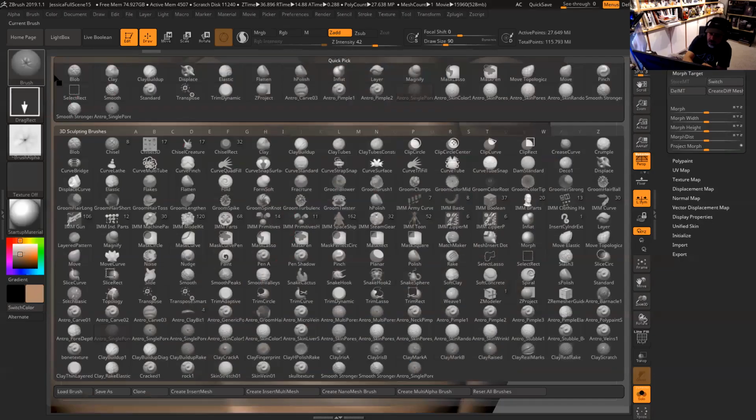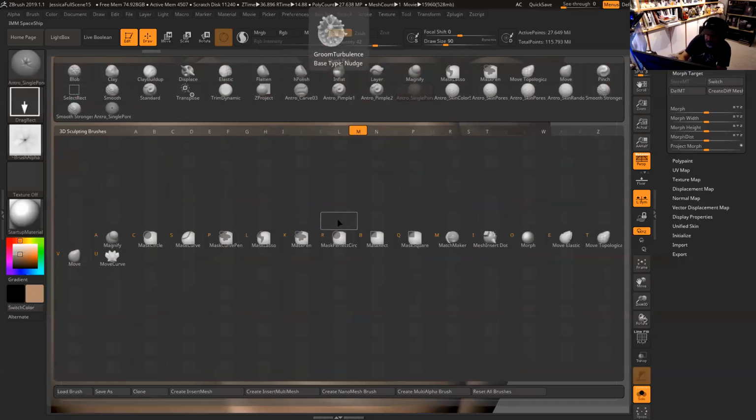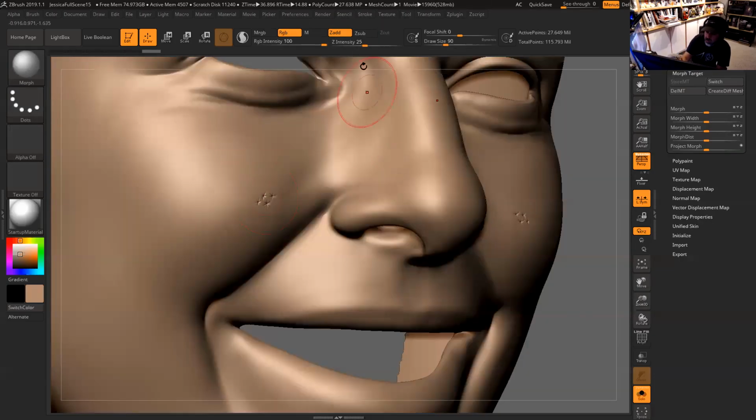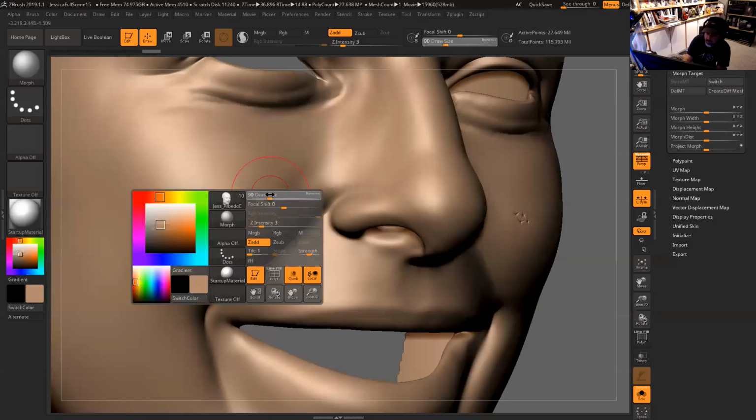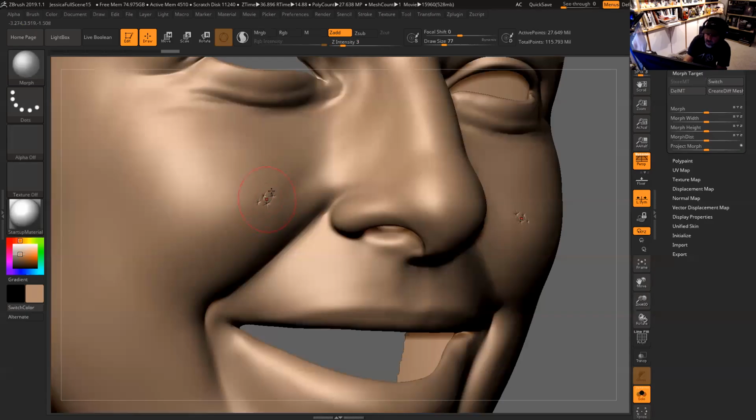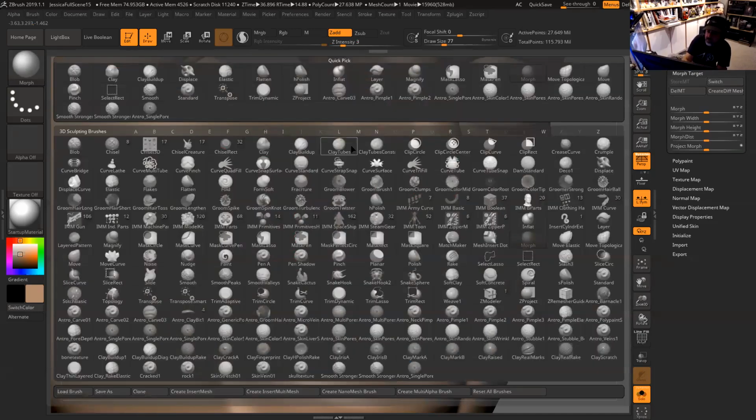You can switch to your Morph brush here, and you can go to a lower intensity, for example, very low, say 3. And you can just morph it back. And look at that. You can just erase them just enough. So I'm going to keep the morph target saved so we can actually use it as an emergency, right? It's going to be cool to actually use